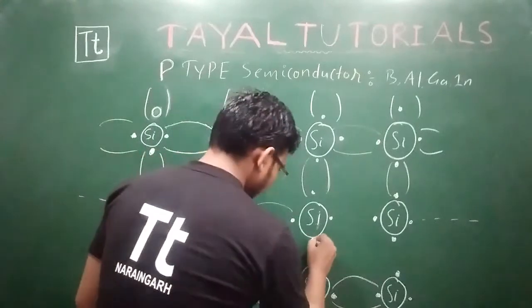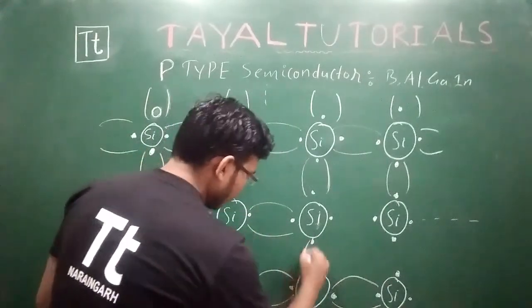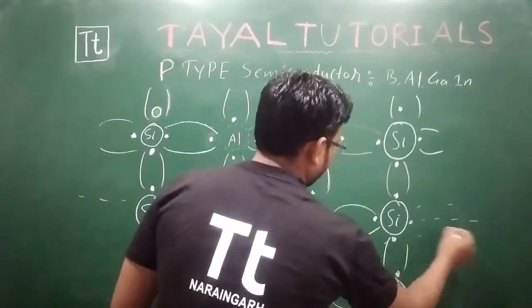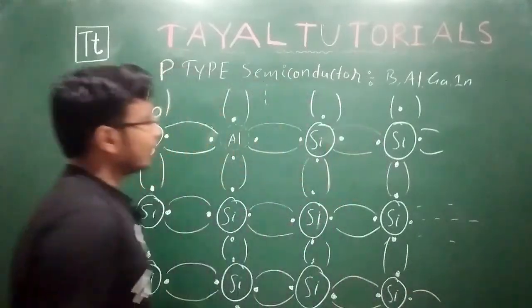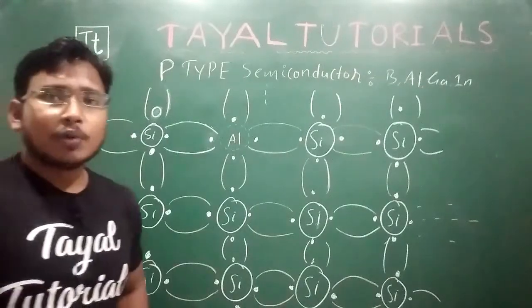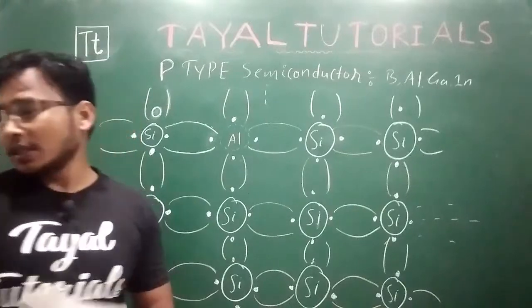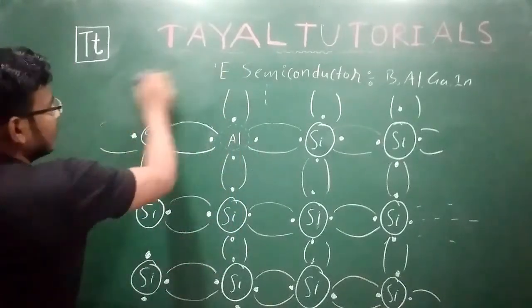Here this is a formation of covalent bond. This is also formation of a covalent bond, and this is further formation of covalent bond. Okay, with this crystal. So when it comes to the p type of semiconductor, the number of holes are more, but in case of n type of semiconductor the number of electrons will be more. So let's write one thing, and these things they will directly ask in the question.